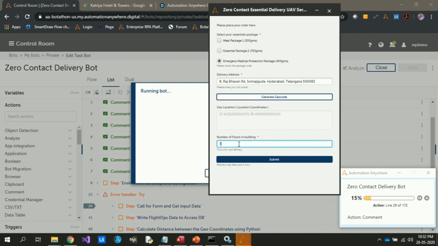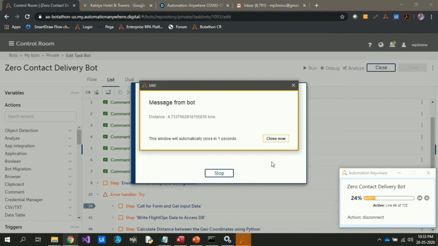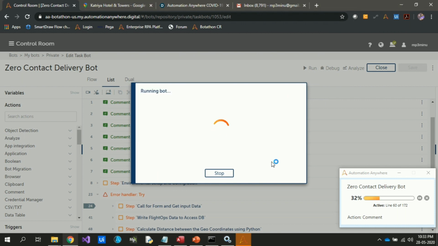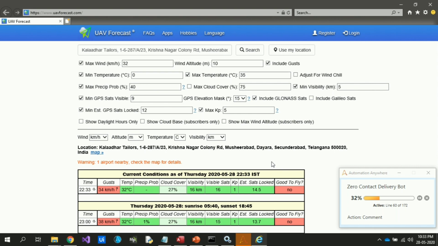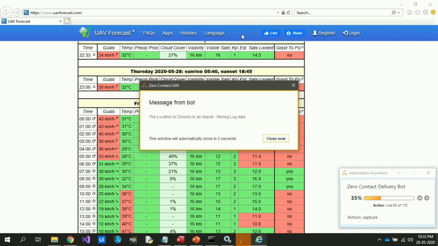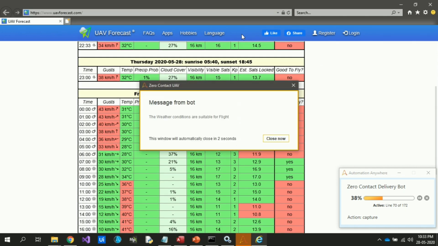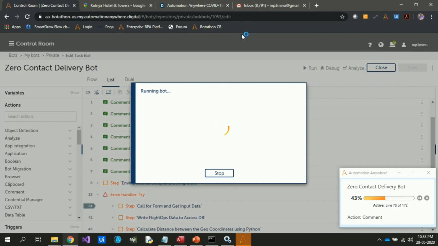uses API to bring the geo coordinates, and then it uses Python to get the distance, and then it performs a pre-flight check which every pilot does before takeoff of a UAV. This check involves checking weather conditions such as wind speed, the temperature, humidity, the visibility, and all such factors. And it also checks for a nearby airport and logs it, and based on the conditions it uses SkyVector